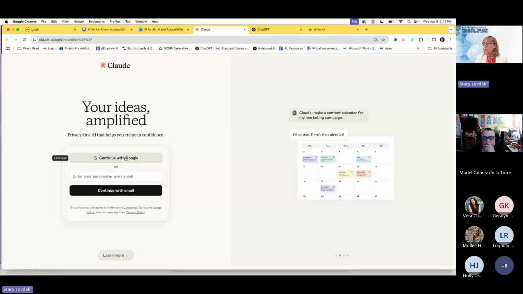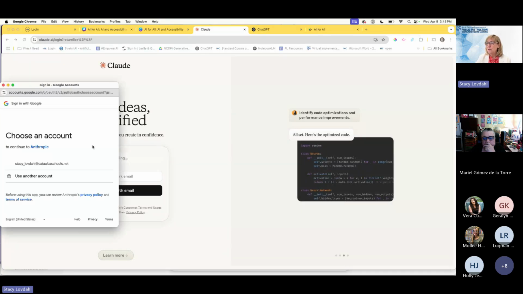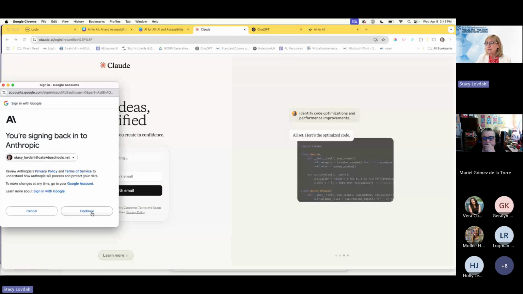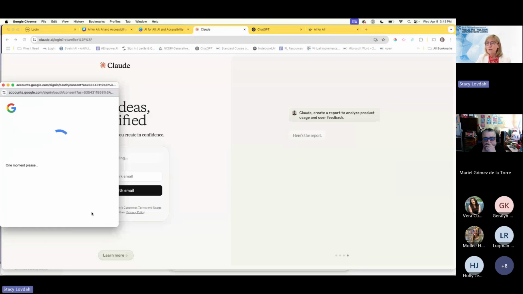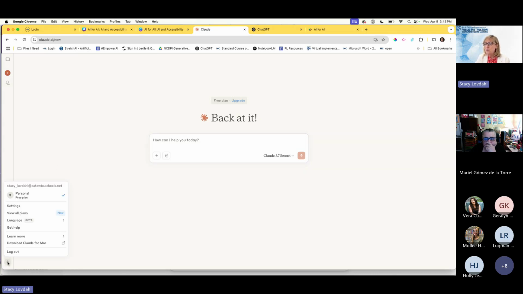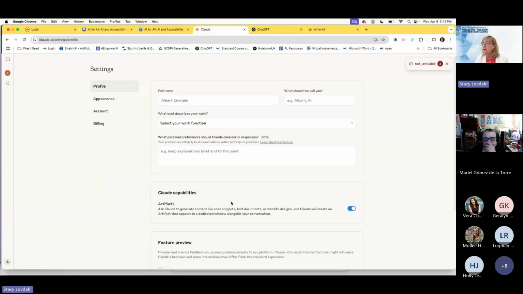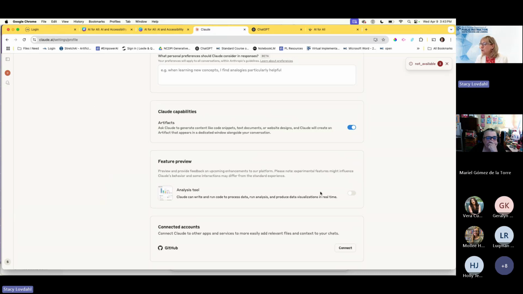So again, I'm over here on my Catawba Schools account, and I'm going to sign in with Google and get signed in, and I'll have a little bit of history. You'll see I've got some previous chats that show up over here. But one of the things I want to make sure you notice is when you click on settings in Claude, there's a button where you can make sure that you have